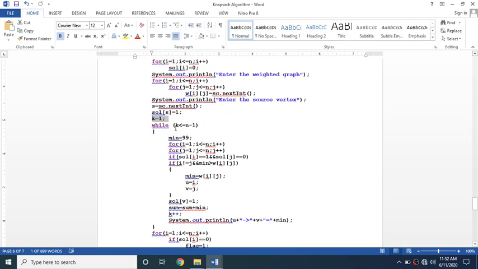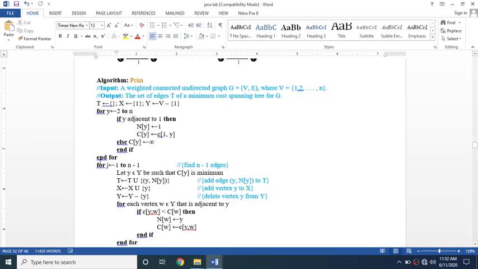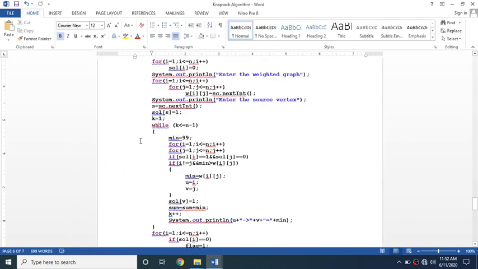Initially k is 1, and I need to iterate from 1 to n minus 1. There they were using a for loop, here they were using a while loop, that's it. Here we had this for loop from 1 to n minus 1; instead of j, here they have taken k from 1 to n minus 1.